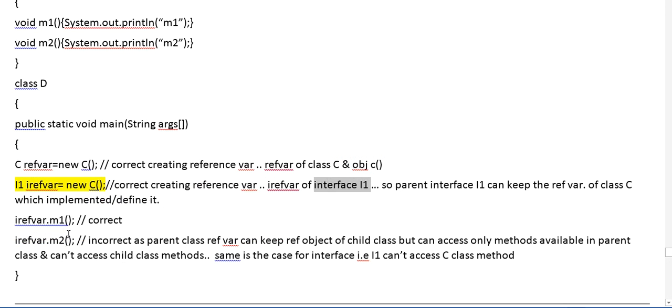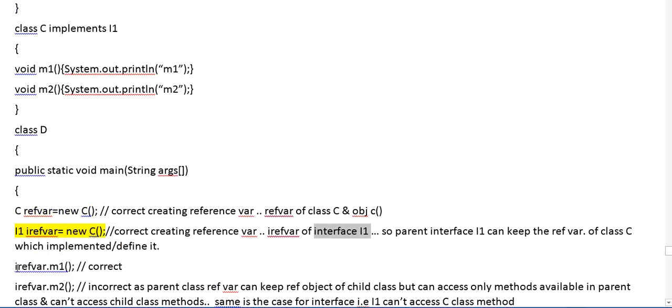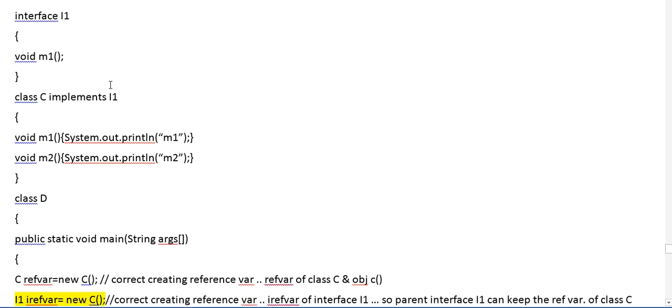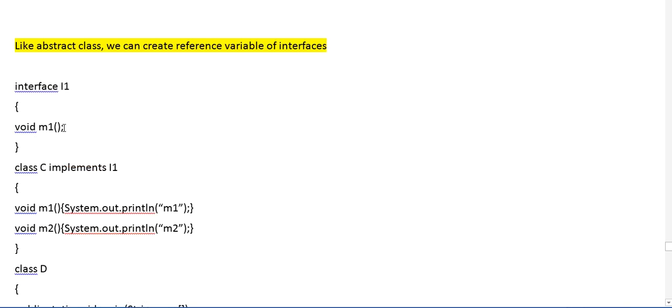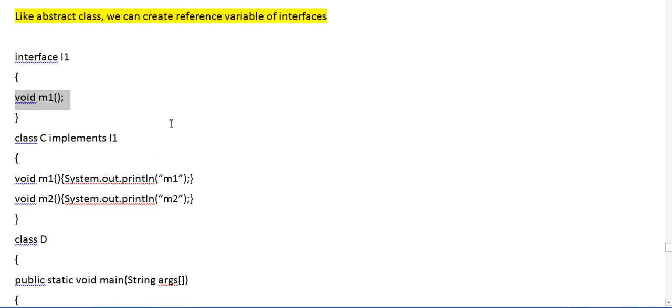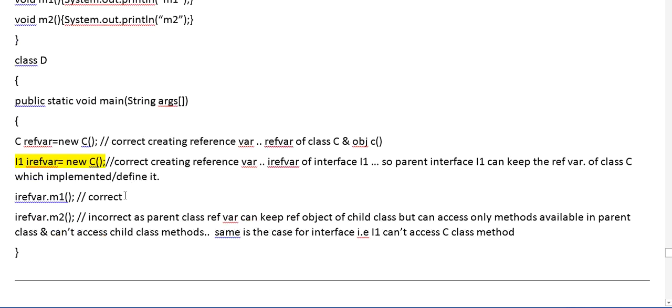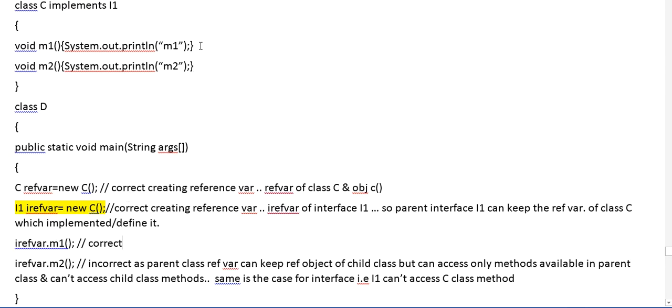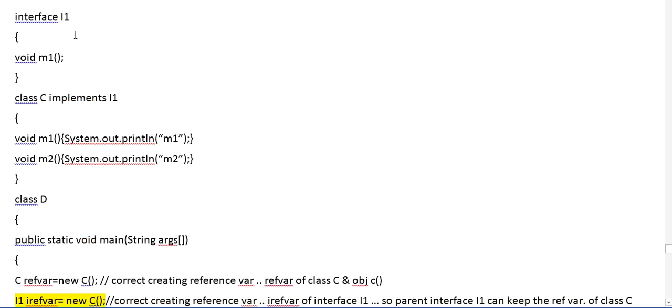Okay, so if we have an I reference variable and we are accessing the m1 method here, which is declared here, then it is correct because it will access this m1 method and print the output of it. But if we write something like interface reference m2,